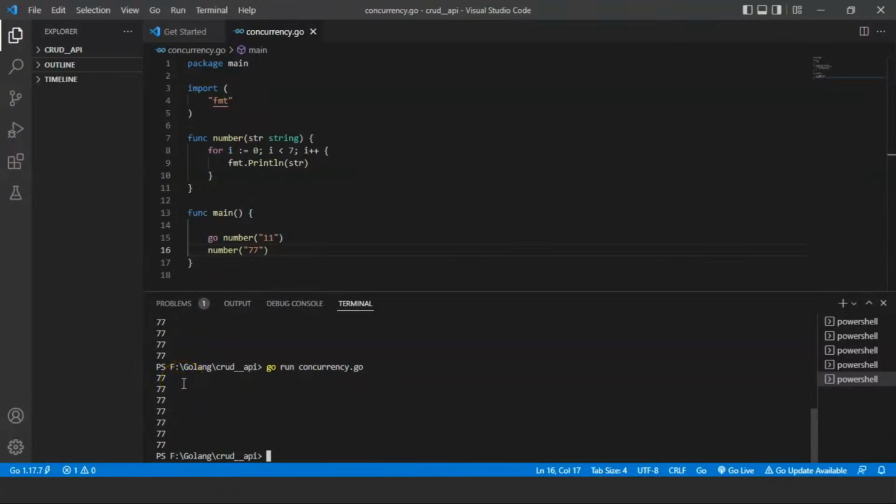We have released a thread go but never waited for it to come back. That's why we have only got the output as 77. To get the go thread executed, we'll use the sleep method in our program. For that, we will write